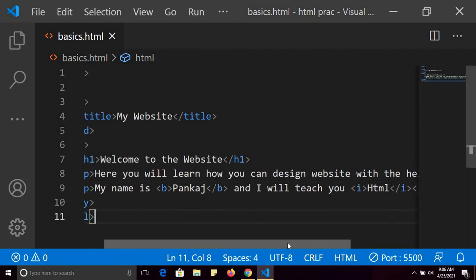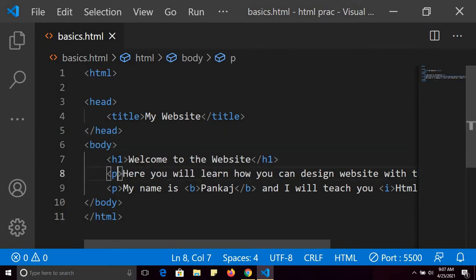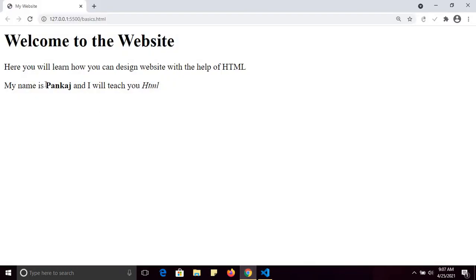Now focus on here. I have used the paragraph tag, and in the paragraph, my name is, and here I am using the bold tag. So the web page looks like this.